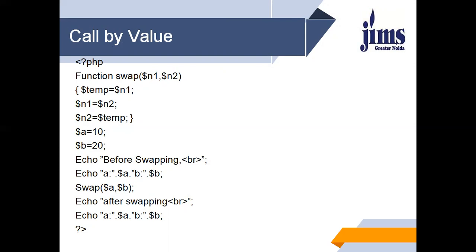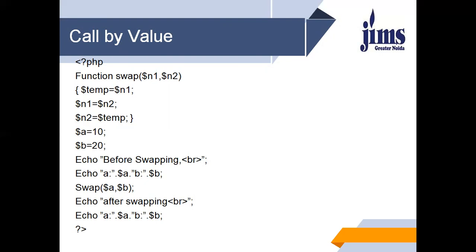So the better approach is to use call by reference for this problem. When a parameter is passed to a function, instead of creating a new variable, the function receives a reference to the original variable. This reference has a variable name beginning with a dollar sign and can be used in exactly the same way as another variable. The difference is that rather than having a value of its own, it merely refers to the original. So any modification made to the reference will affect the original.